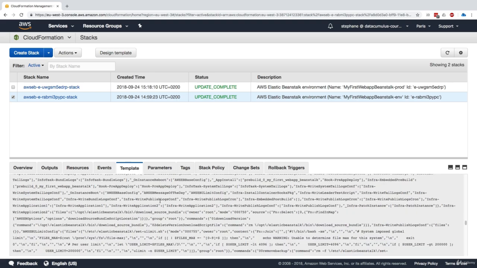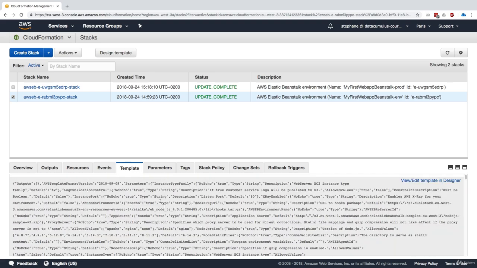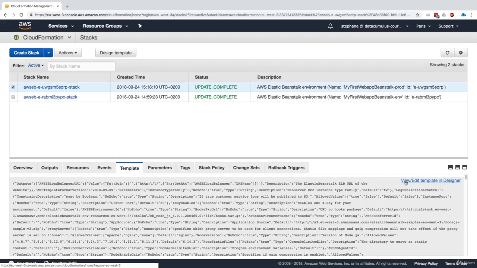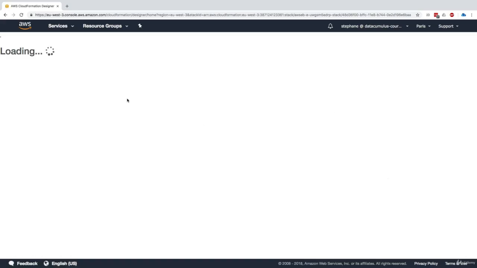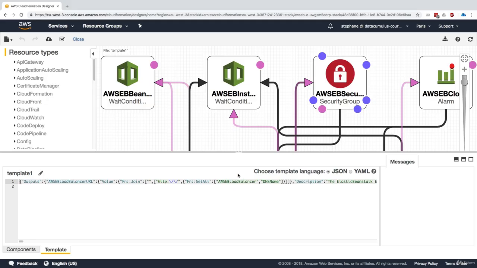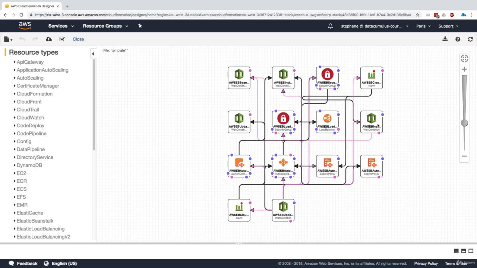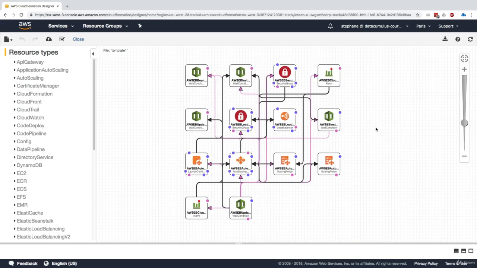As you can see, this is the code for your CloudFormation template, and I think it is very, very complicated. Something cool we could do though, let's click on prod, is to view and edit the template in Designer. So when you click on this, we actually get to see, and this is quite nice, I think, exactly what goes on in your CloudFormation templates. Let me just resize my screen. So this production CloudFormation template for Elastic Beanstalk created all these things, and all these things are linked somehow.